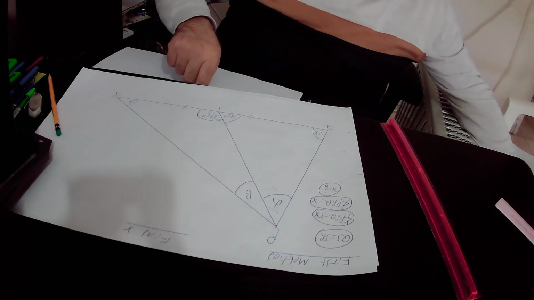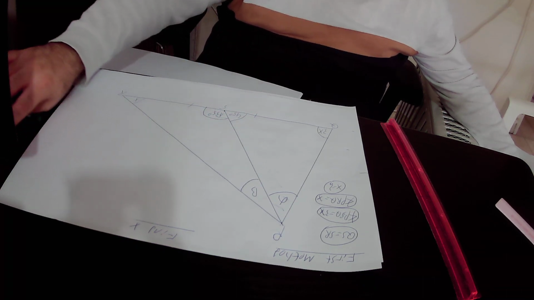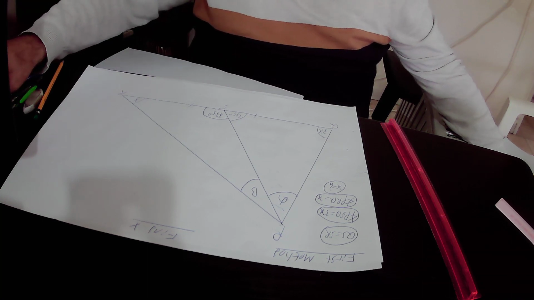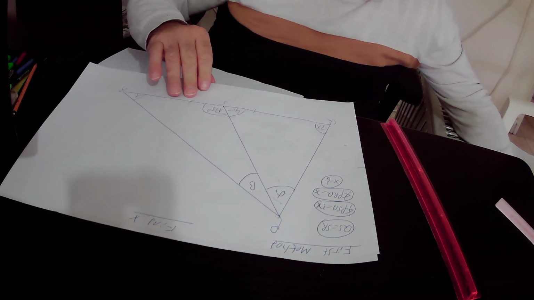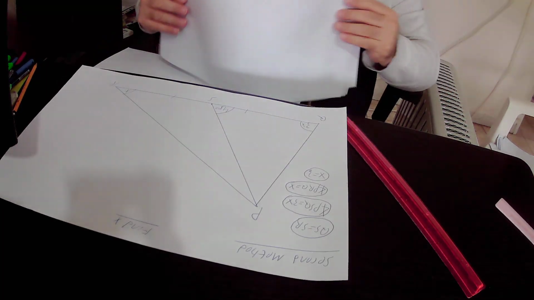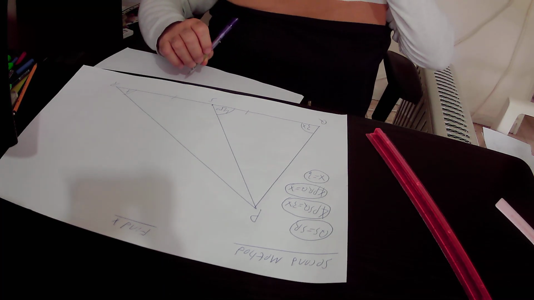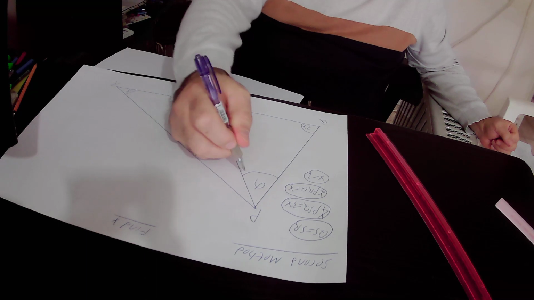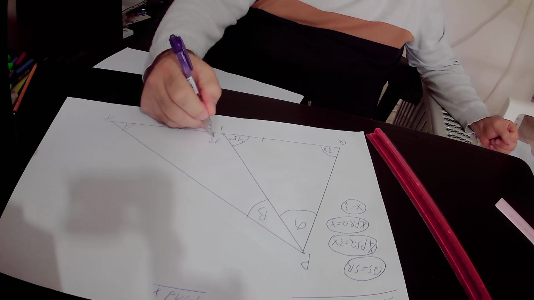In the next step, I will present to you how to find out the value of angle x according to the second method. In the second method, we will define this angle as alpha, this angle as beta, as we did in the first method. We have already found out that this angle equals 135 degrees,